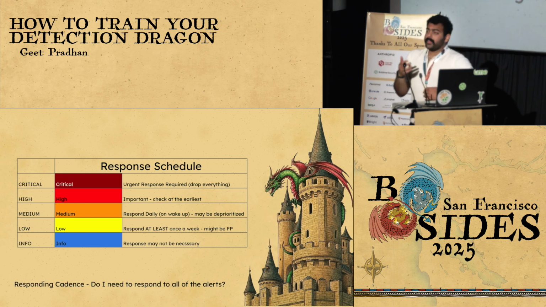If it's a medium, every morning, spend a couple of, maybe an hour, maybe 2 hours just taking a look at it. If it's a low, maybe at the end of the week or start of the week, right? I would say start of the week because the weekend will have given you quite a few alerts to look at. So maybe Monday morning, do that. And if it's an informational, as I said, it really depends. A response may not be necessary.